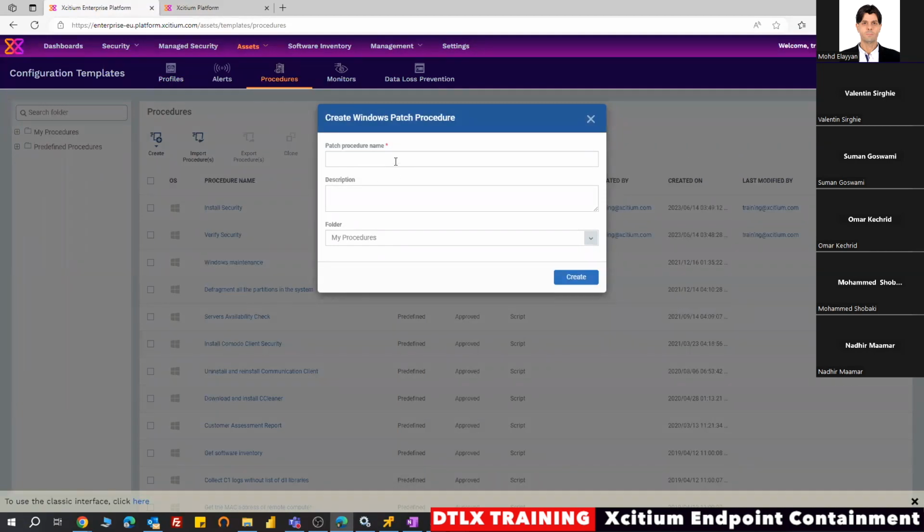It's just the API that is instructed to search the Microsoft servers for the Windows devices, and